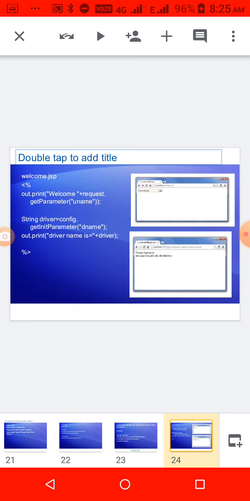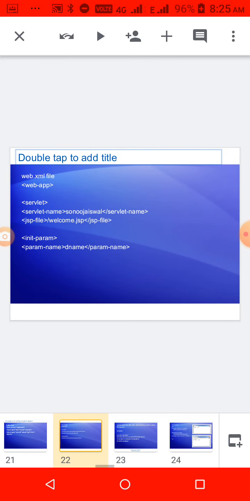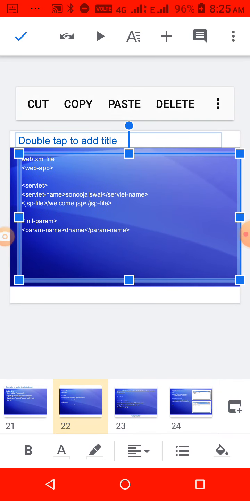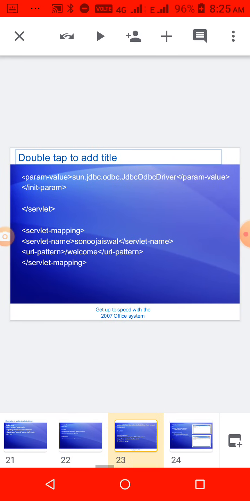You know this meaning, no? getParameter username means what you give in the text box is displayed as the username. Welcome, whatever name you give, and then driver equal to getInitParameter dname. What do you mean by this initialization parameter dname? We declared dname here, no? See here, dname means the parameter name only. Dname is a variable name, and what is its value?